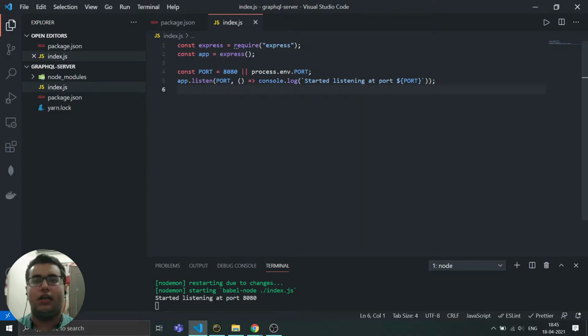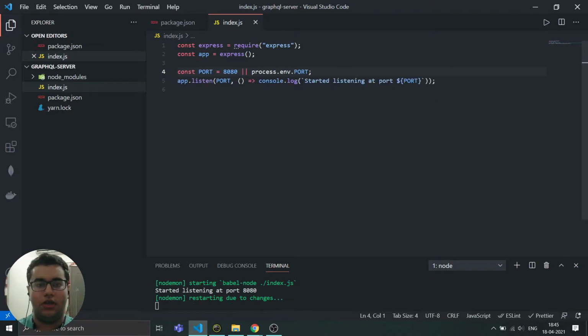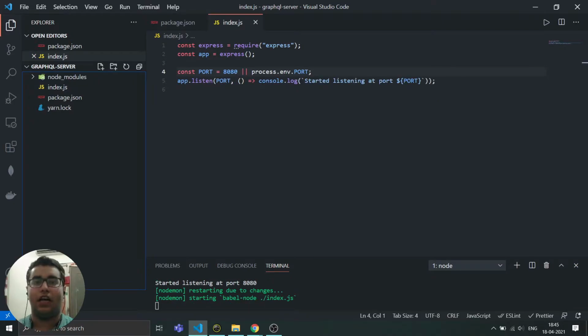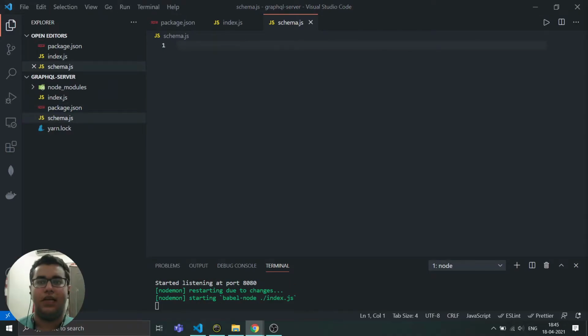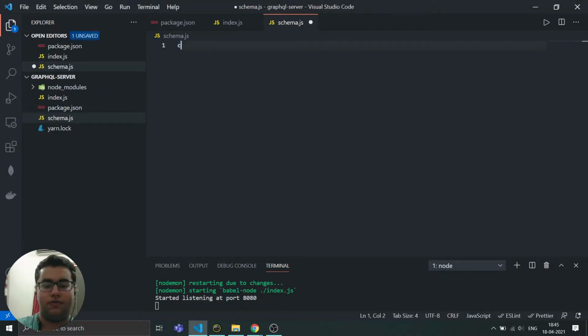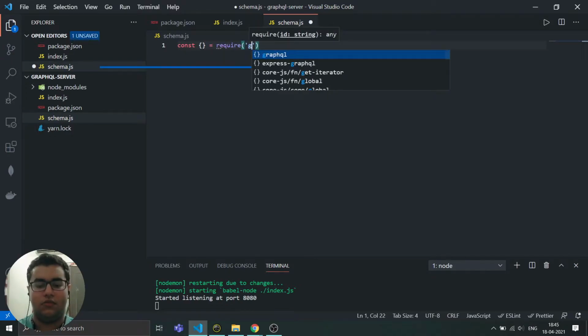So next, what we will be doing is writing our schema for our GraphQL application. So for that, let's create a new file, schema.js, and inside of this we are going to import something from GraphQL.